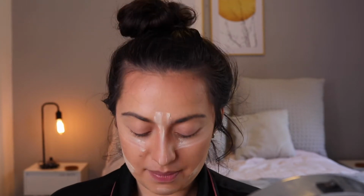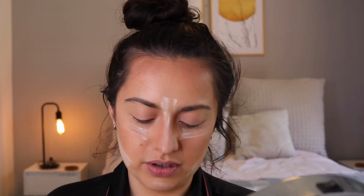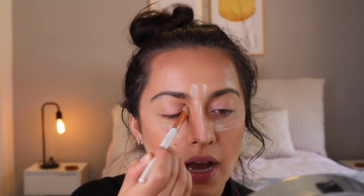While that's baking a bit, I'm very insecure to show you this palette. This is the most tragic makeup tutorial I think that has ever graced the internet. You want to take a bone colored shade, and I'm going to take this one from the Urban Decay, God, I don't even, oh, the Smoky palette. I just pat it on my eyelids to set them. You guys,